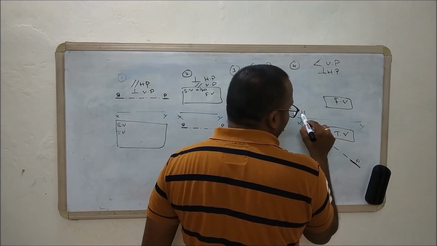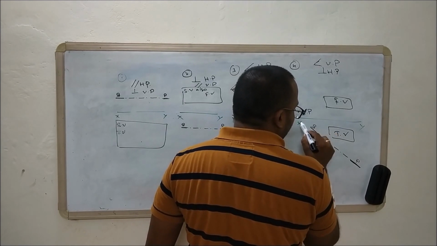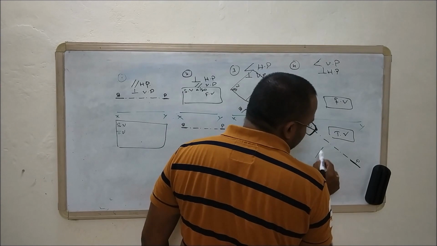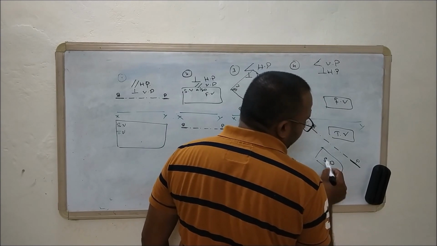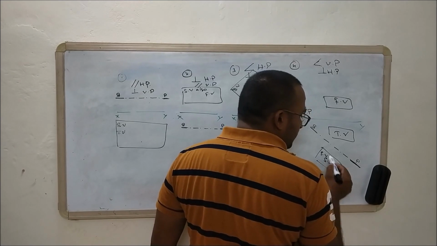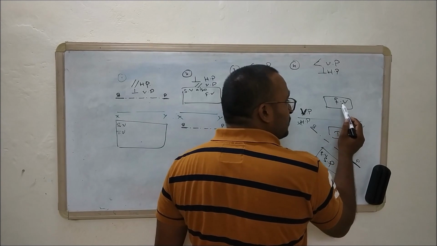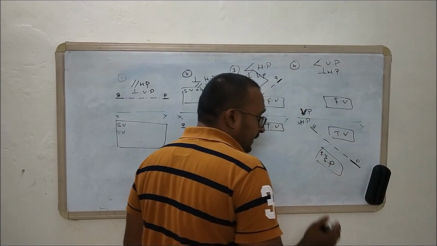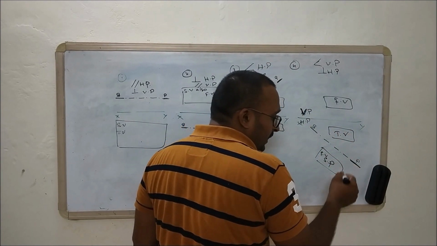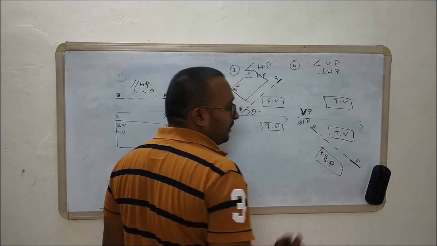This is the vertical plane, this is the horizontal plane. This is a section plane, right? The additional view, that is the section plane, consists of the sectional view. The horizontal plane consists of the top view. The vertical plane consists of the front view, right? So here it is the sectional view of the given problem, right?